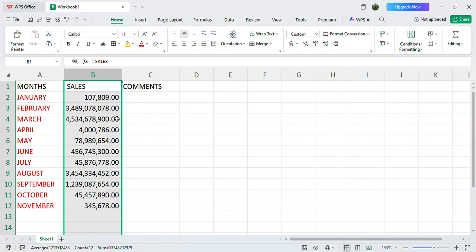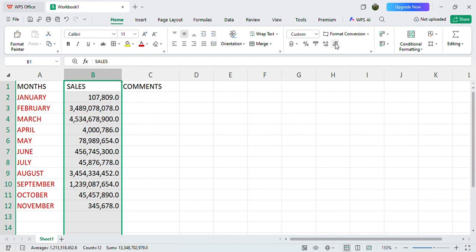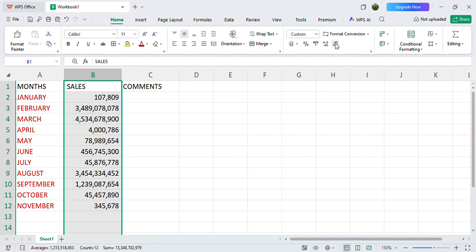It is very simple. When it is still highlighted like that, just come with your cursor to this point here, that is written 0.00, then towards the right. Of course, it will show you that one is okay. It is written decrease decimal, so you click that. If you click that one time, one 0 disappears. If you click for the second time, the last 0 disappears, and that is our sales without decimals.